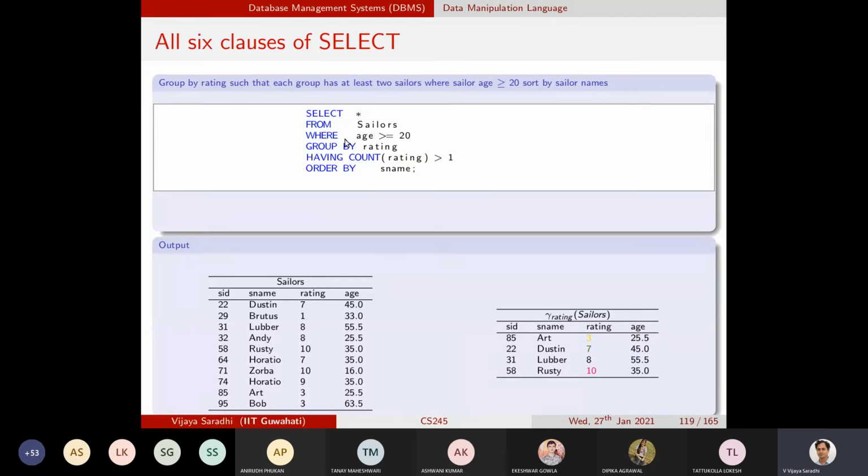So what we are trying to do is first group this table according to rating, and then test this condition. So we have this particular result set, and then filter by specifying the age condition. We take out irrelevant records, the records that do not meet this condition, and then order by the name. So depending on the query, you will be composing all these clauses as it demands.